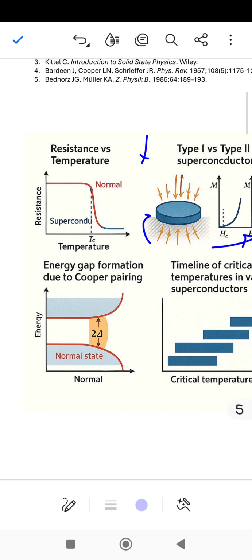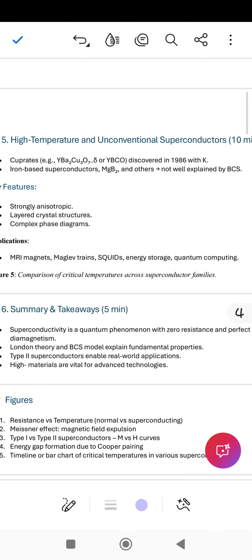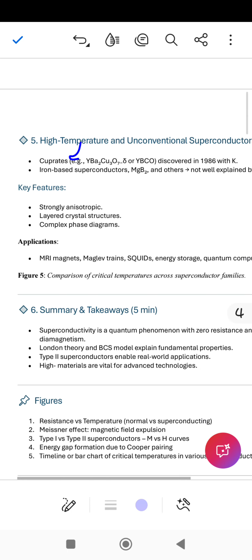5. High temperature and unconventional superconductors, 10 min. The landscape changed in 1986 when Bednorz and Müller discovered cuprate superconductors, like YBa2Cu3O7-δ or YBCO, with transition temperatures above 90 K. Characteristics of high Tc materials: strongly anisotropic and layered structures, and complex phase diagrams,